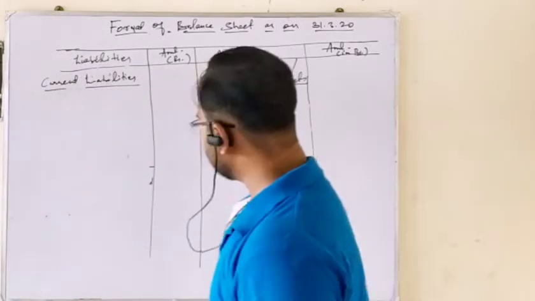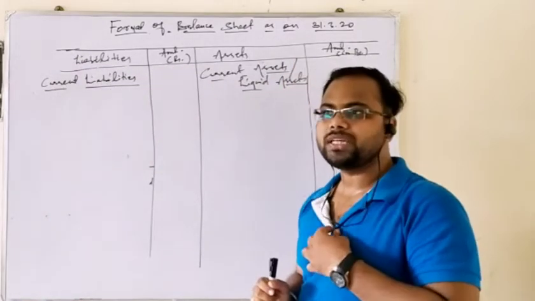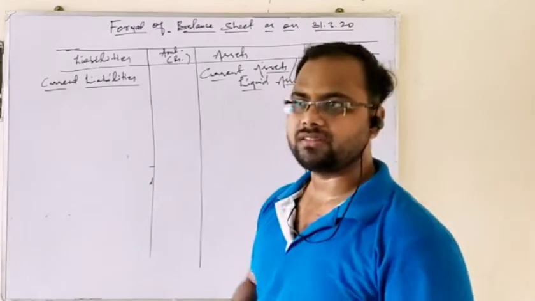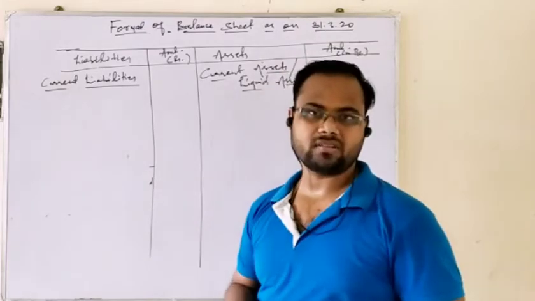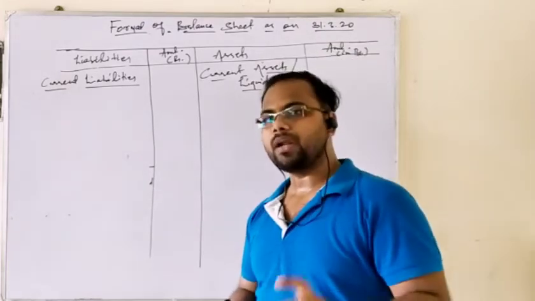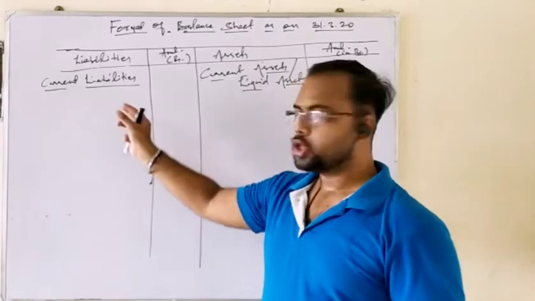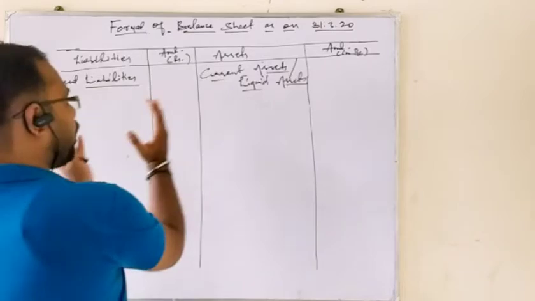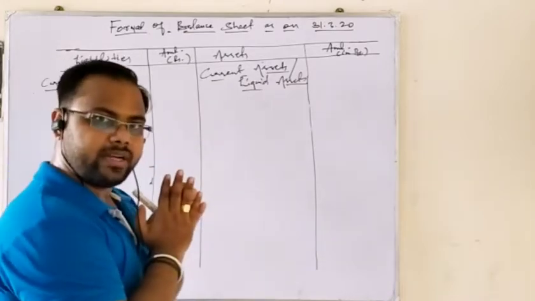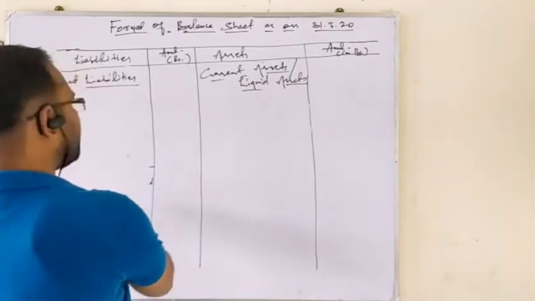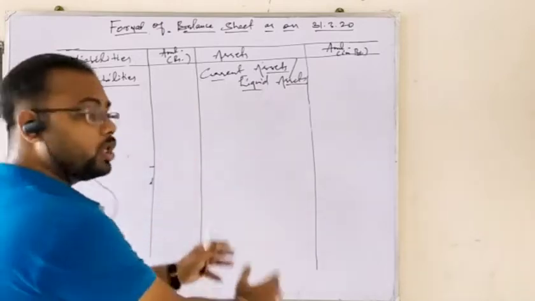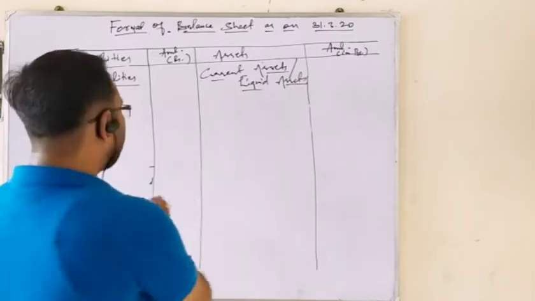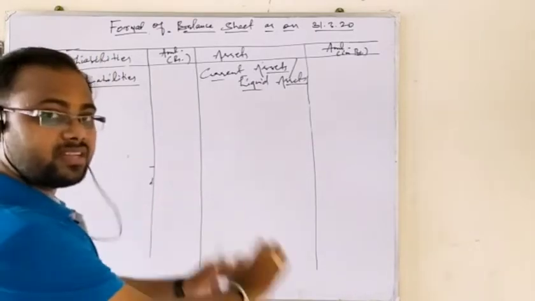Current liabilities and current assets refer to short-term liabilities and short-term assets, because fixed liabilities and fixed assets involve heavier amounts or bulk receipts and payments. These are shorter receipts and shorter payments. So I am writing the proper opposite. Likewise, as we discussed fixed liability and fixed asset, we will discuss current liability and current asset simultaneously. So it will give a proper distinction for identification of the assets and liabilities.